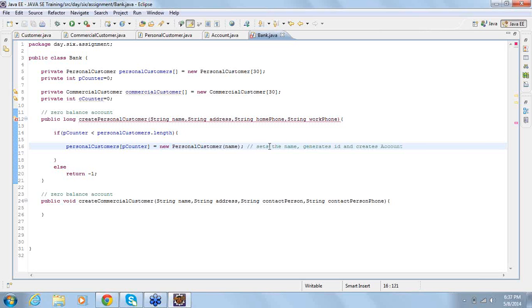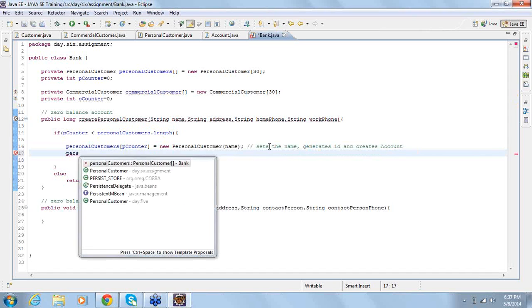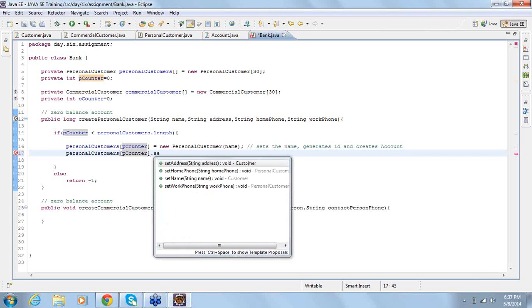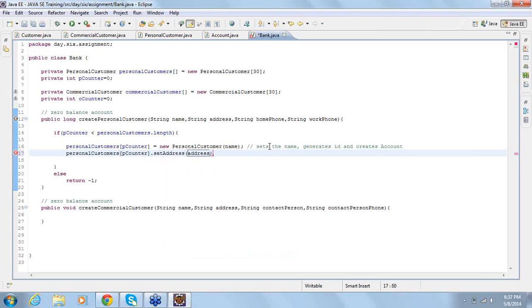Now once setting the name, generating the ID, and creating the account is done, what else we do? You set the remaining, set the address,